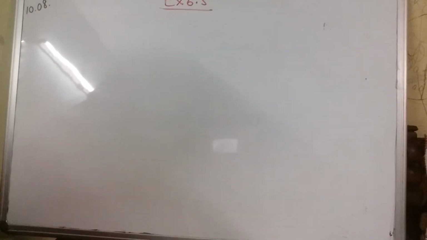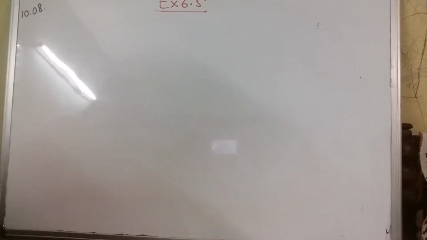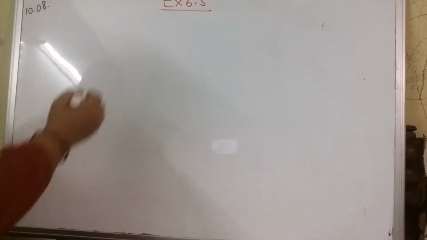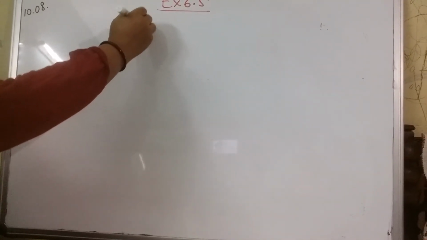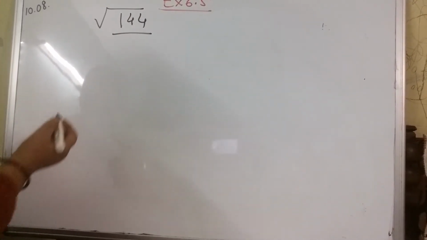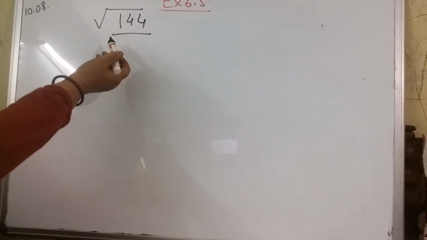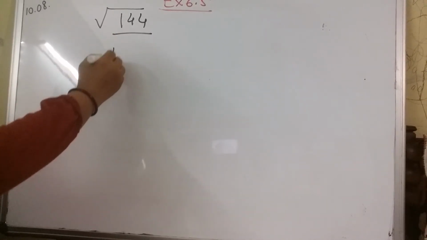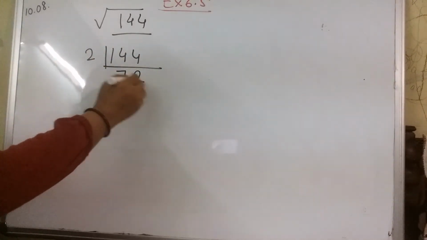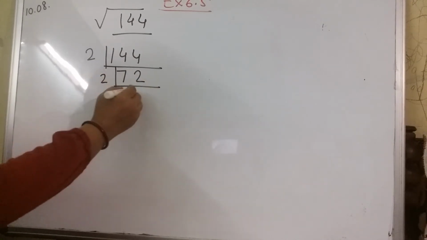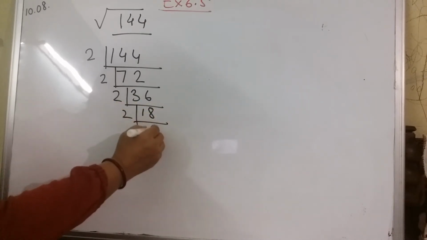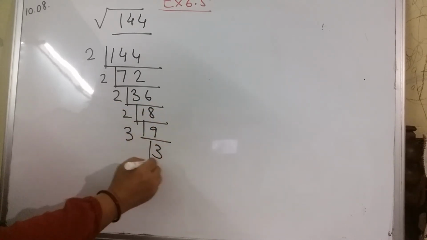Now you might get confused how to find out the square root of a number. Okay, let's explain this with another example. Say I have to find out the square root of 144. Okay, so this is the square root sign. What will you do? You will factorize it, or you will find out its prime factors. So 144 is divisible by 2. Now again 72 is divisible by 2, 36, 18, 9, 3 3s are 9.